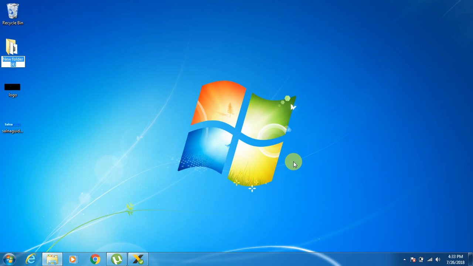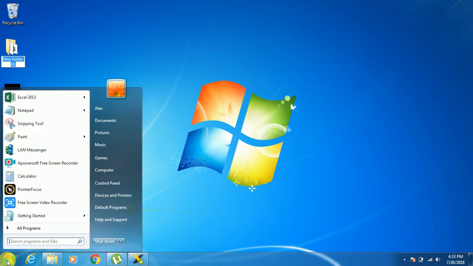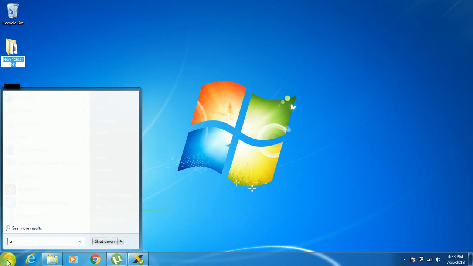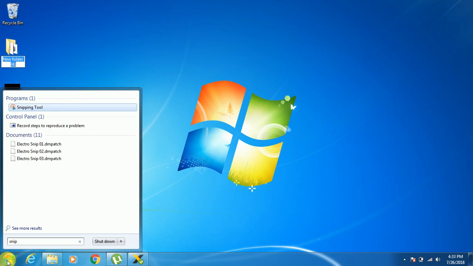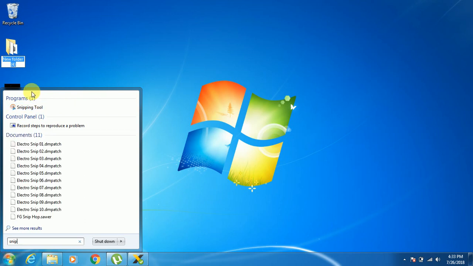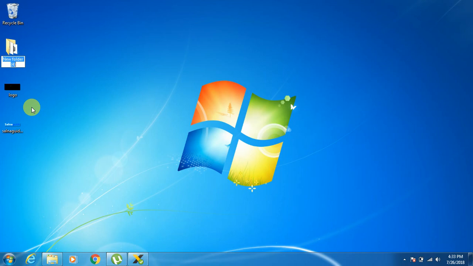First of all, what you need to do, you just have to click on the bottom left corner here, and inside the search box you have to type Snipping Tool. Alright, now it is open here. Click on Snipping Tool, and once you open it,